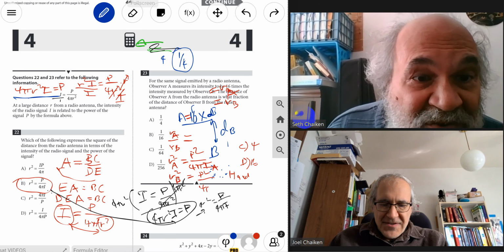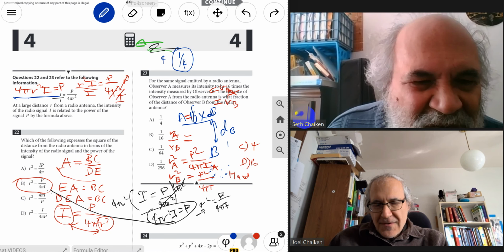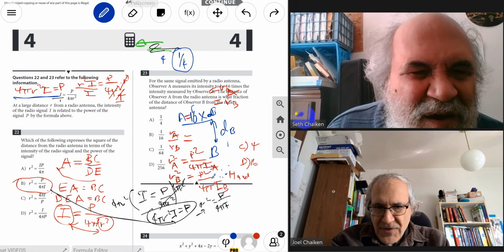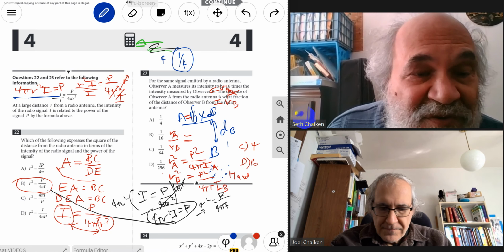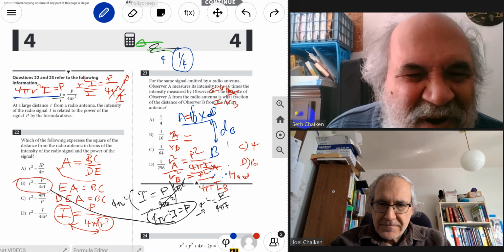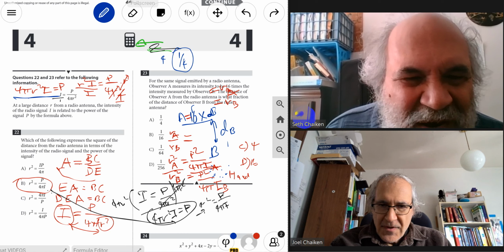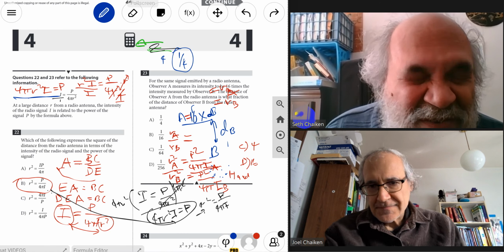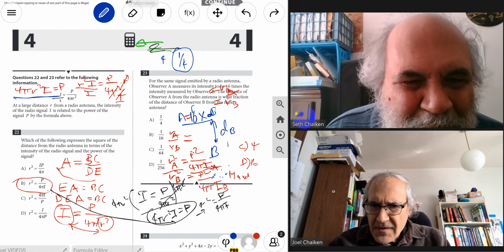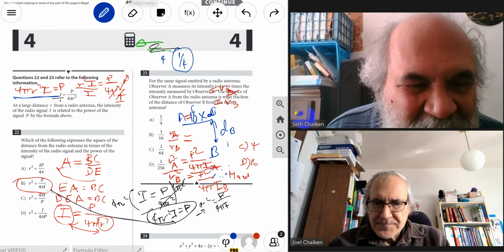Those are all going to cancel. Don't think that yet. We're interested in RA over RB, but we have formulas for RA squared over RB squared. So let's simplify RA squared divided by RB squared. We can see the P's cancel. The 4 pi's cancel. And what we have is